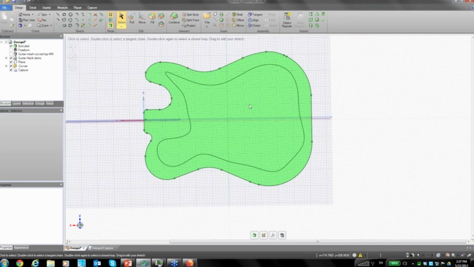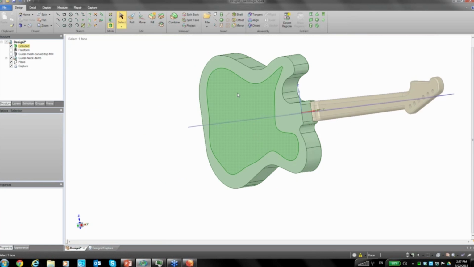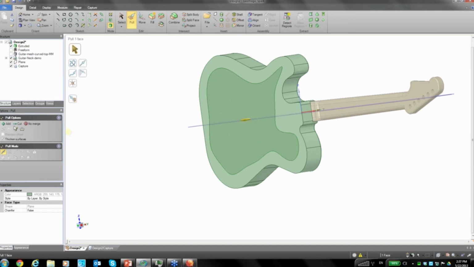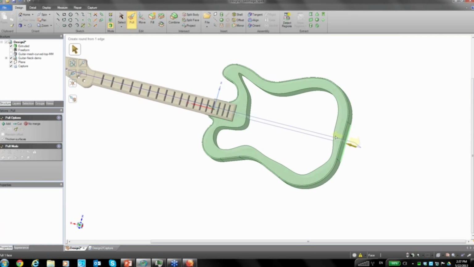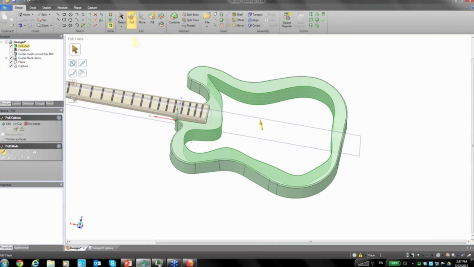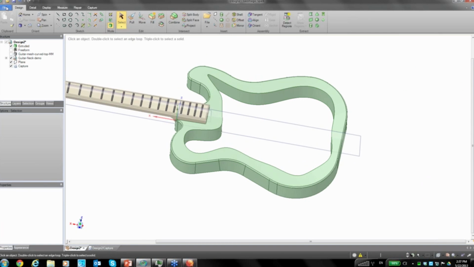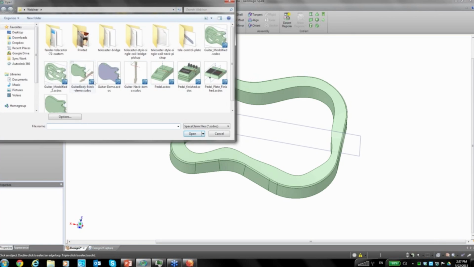So if I take that shape, I can pull that right through. And of course, I don't have anything to mount, but this gives you the idea of how I can modify this. Now, in our office, we created an additional guitar body,